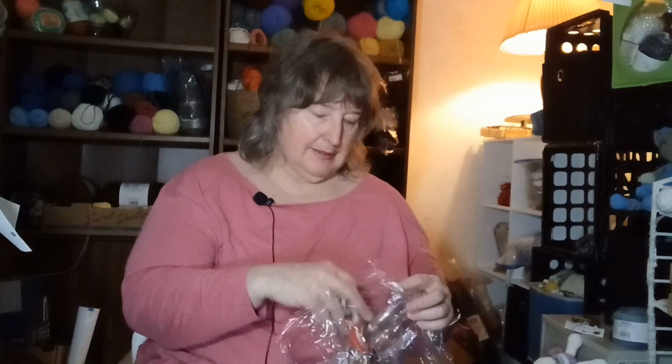Now this was before I got the yarn gift that I did the unbagging of yesterday. So I have more Jamie Baby Green. I think I was all out of Jamie Baby Green. There was no way I could have known that I was going to get multiple skeins in a yarn gift yesterday. So Jamie Baby Green, a little bit of Christmas worsted weight,